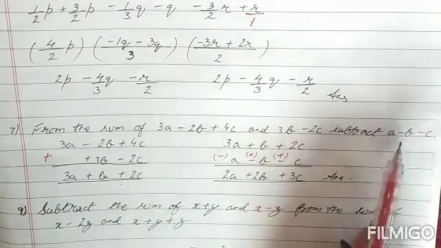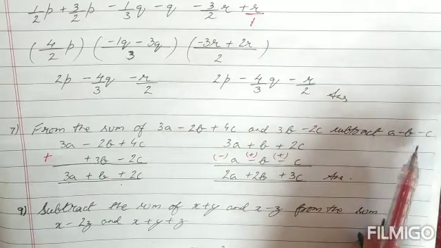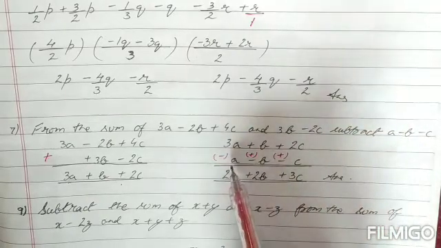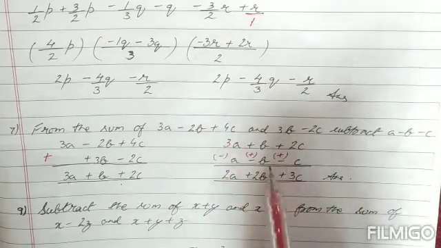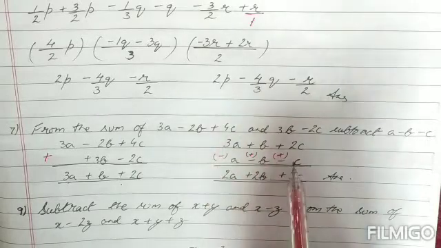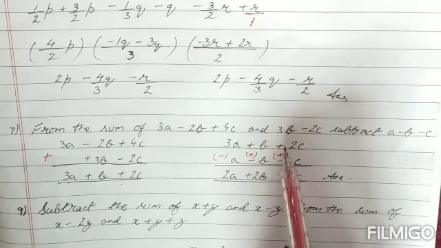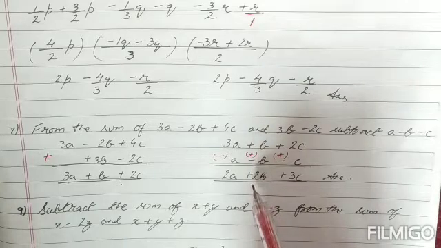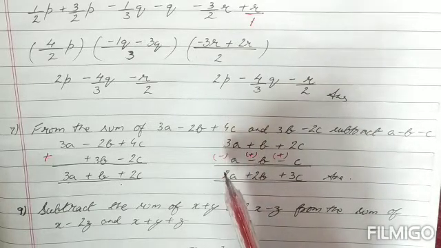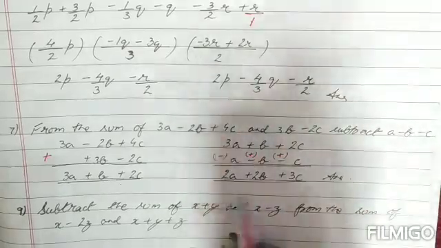From this I am going to subtract now the third polynomial that was given, that is a minus b minus c. Now when we are subtracting, children, keep in mind you have to change the sign of all the terms. So I have changed the signs and I have done it with red inside a bracket so that it becomes more clear to you. Now add plus 2c and plus c will give us plus 3c. Similarly, plus b and plus b will give us plus 2b, and plus 3a and minus a will give us plus 2a, and that is our answer.